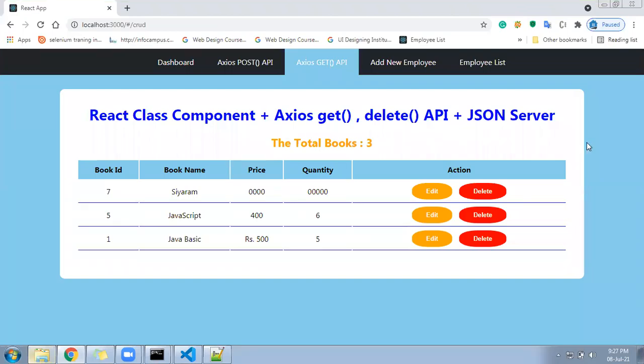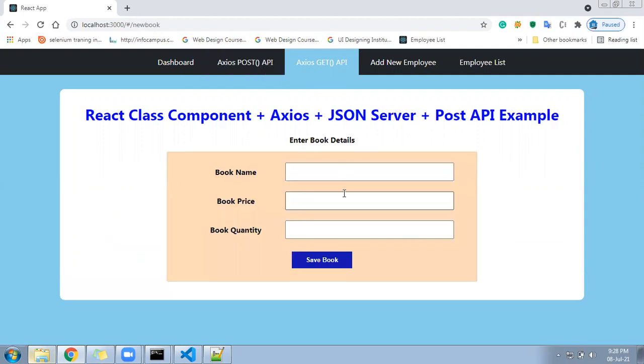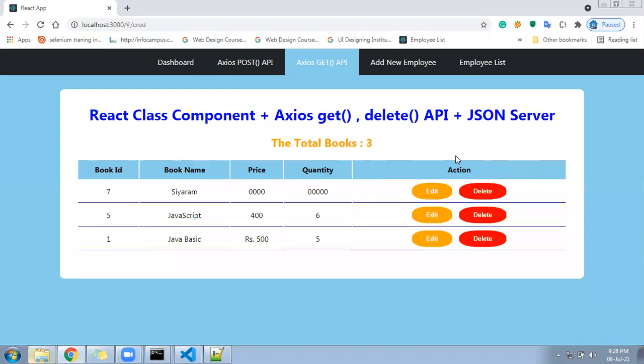Hello guys, welcome back. So we are going to learn in this series many things about React with JSON: get, post, put, edit, delete using JSON server, as well as using Axios. You have already seen the previous video number 1, that was for the listing. Video number 2 was for saving the data using the post method. And now we are going to work on the delete API. This entire series, you can say saving, listing, editing, deleting, the 4 videos we will have.